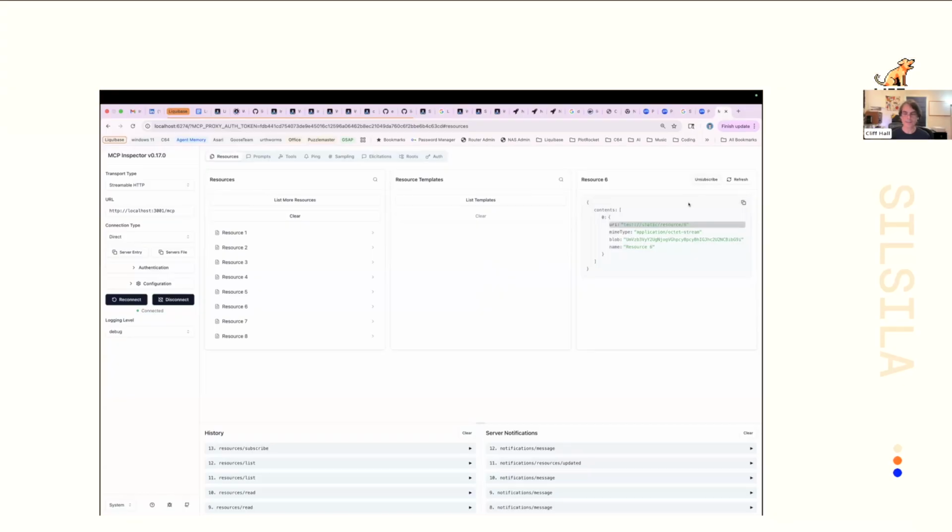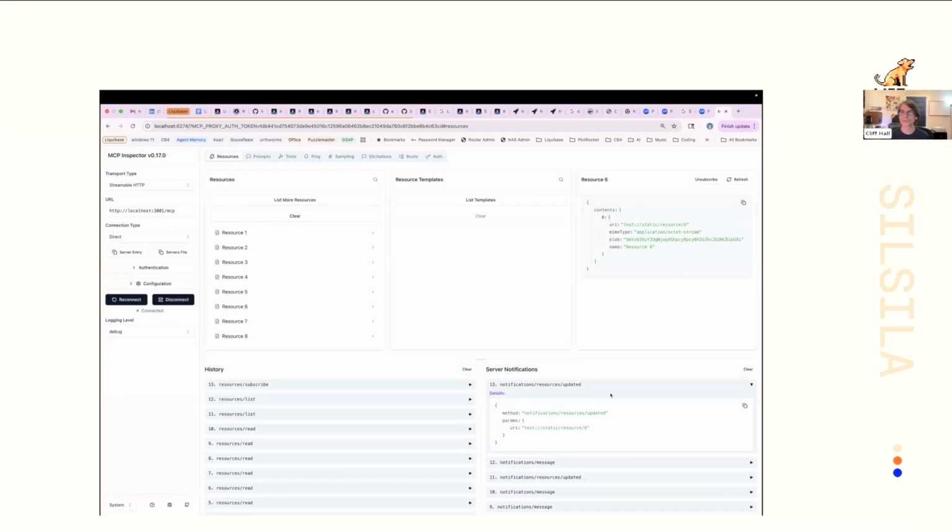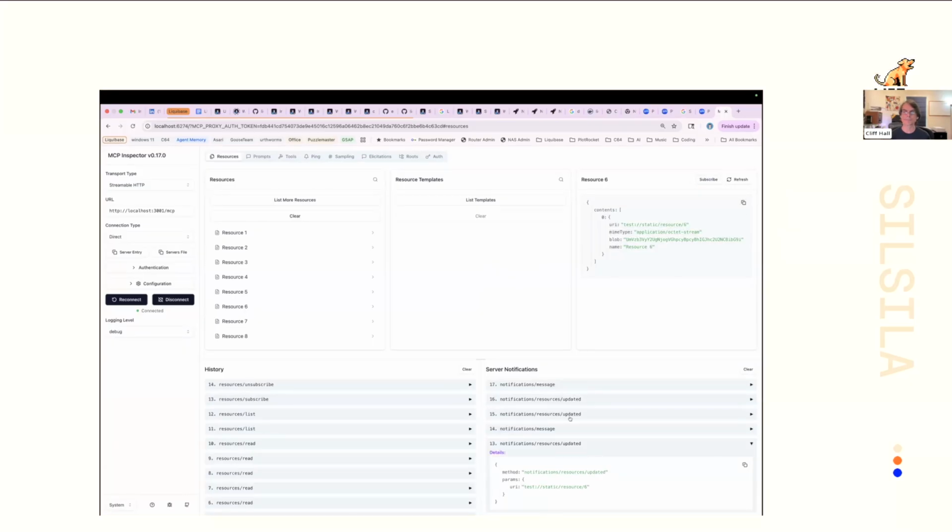That lets me say, okay, if this resource changes, send me a notification. And we'll see a little notification coming up here, and the everything server will sit here. If I have subscriptions, they'll send me a little notification saying, hey, this resource you subscribed to is updated. It's simulating that the resource has changed, just to show you how that works. And I can say, let's unsubscribe. And then those updated messages will stop. That's just one part of